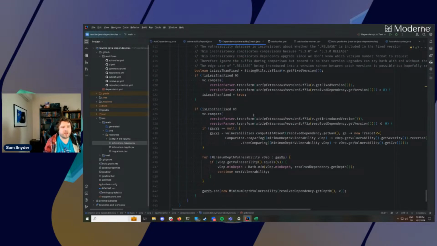So that is a tour of the dependency vulnerability check recipe, with a side primer on scanning recipes, how they work in general, how they're applied in this case, and how you can integrate external data into a recipe by including it in the resources of your recipe module.